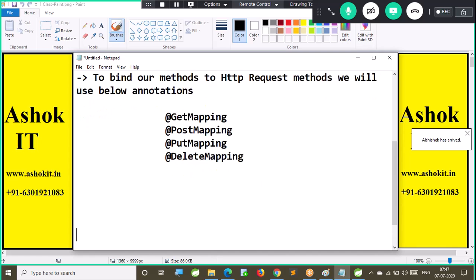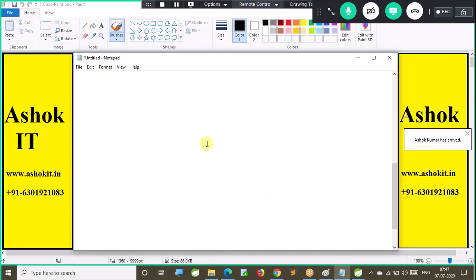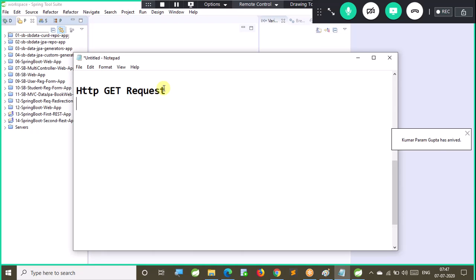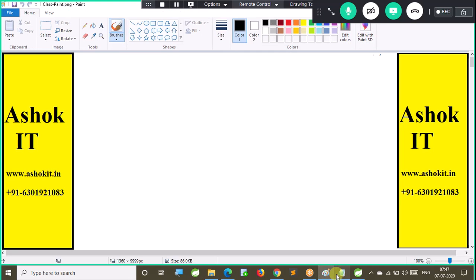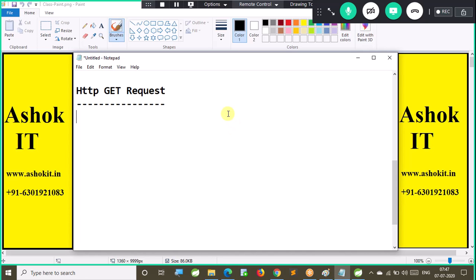Today we are going to talk more about the HTTP GET request and how to send data in the HTTP GET request. In order to bind our method to an HTTP GET request, see here, I'm writing one method: public String sayHi.